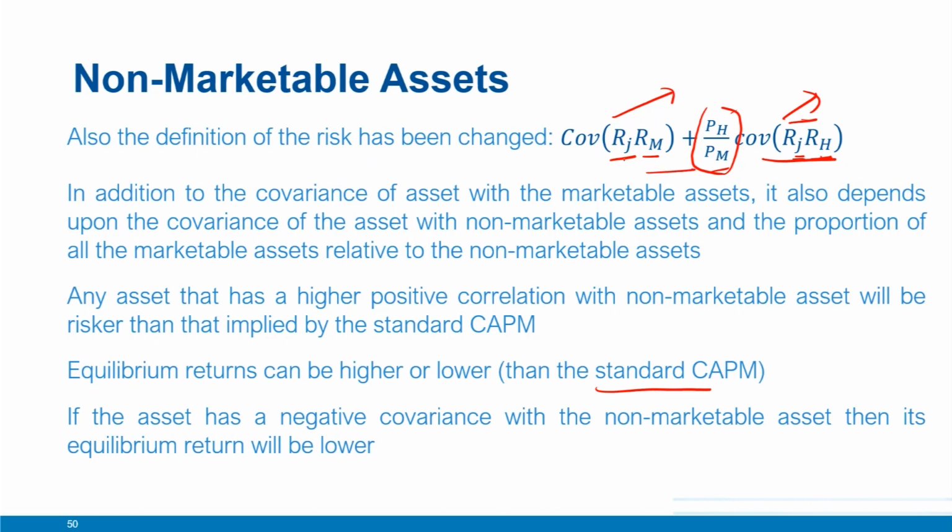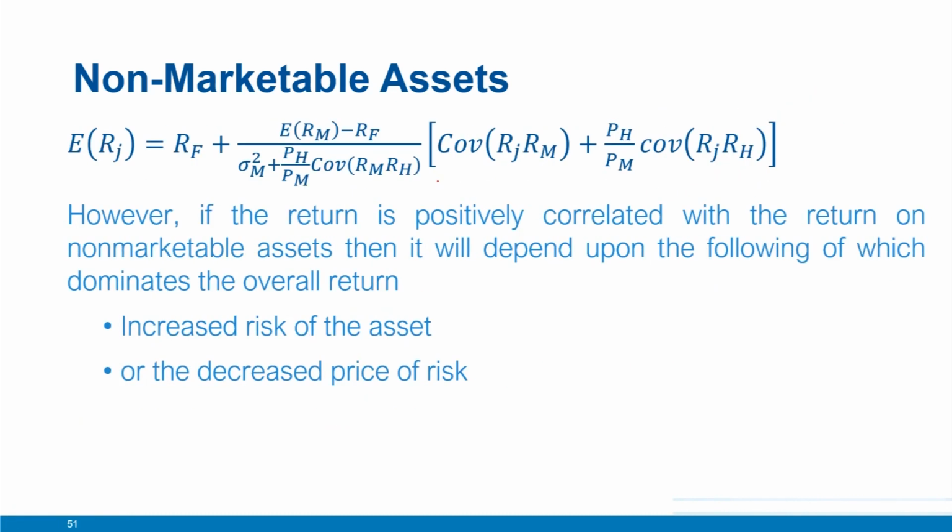For example, if this increase in risk is sufficient to compensate for the decrease in price of risk, then the expected returns may be higher. However, if this increase in risk is not as large as the decrease in price of risk, as we saw earlier, then the expected return will be lower. So the equilibrium returns as predicted by the new CAPM can be higher or lower depending upon these conditions, as we discussed here. Just to quickly conclude the inferences,